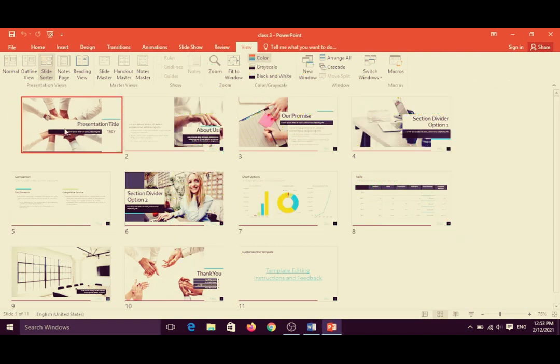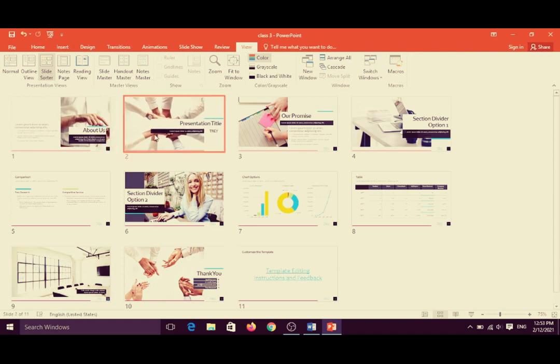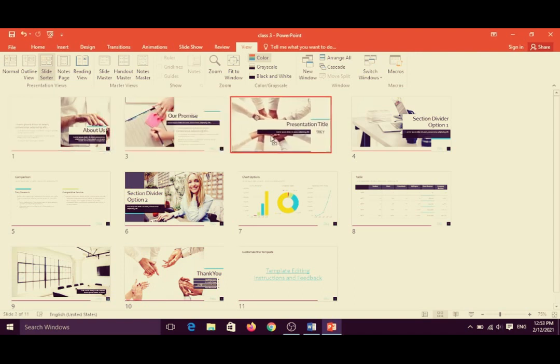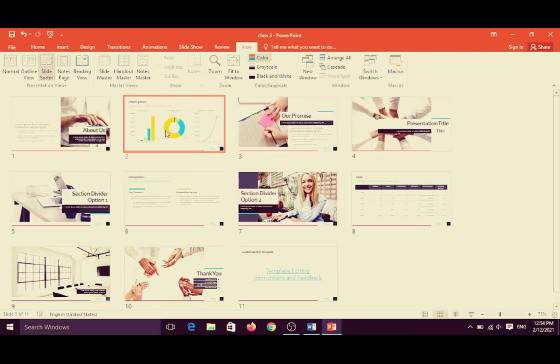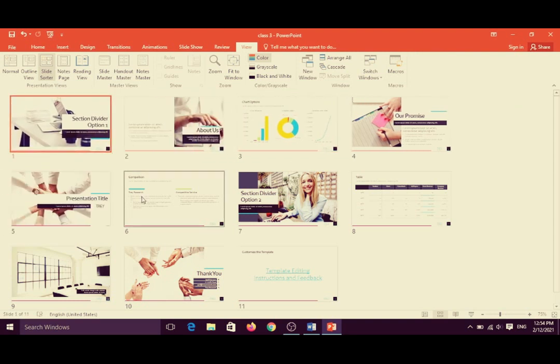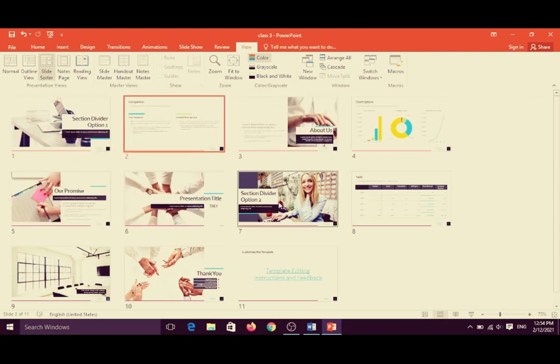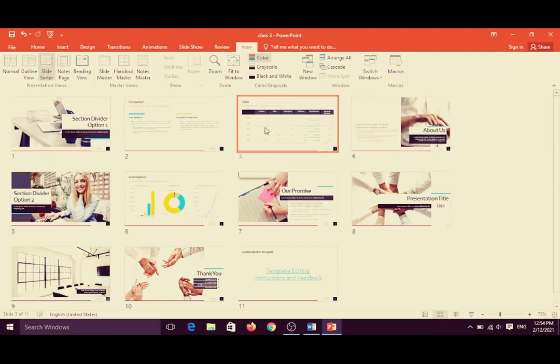Suppose you want to put one in the second place and change this one to the third place, you can arrange it or reorganize your slides. You can just click and drag your slides to a new location or add sections to organize your slides into meaningful groups. It depends on you, you can arrange it by yourself.